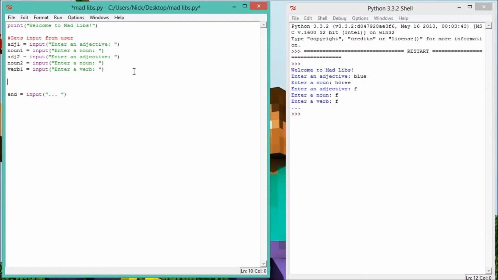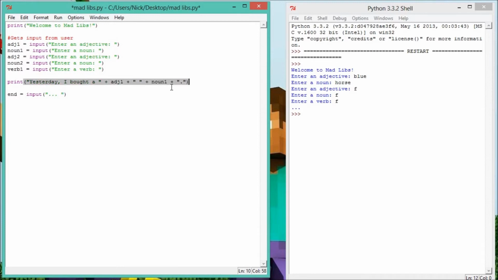Still, we don't have to concatenate it all to put it all together. So to put it all together, we're just going to print out, Yesterday, I bought a, and then we want to do the first adjective and the first noun, for example. So, I bought a, we have to do a space because there's no space before the noun. If you don't put a space there, it's going to put the noun right after the a, combined with the a, and it's not going to look nice. I bought a plus adj1 plus space plus noun 1